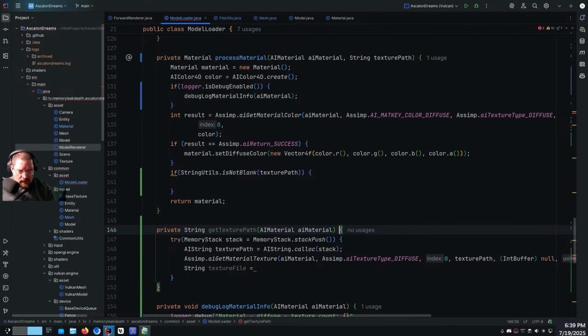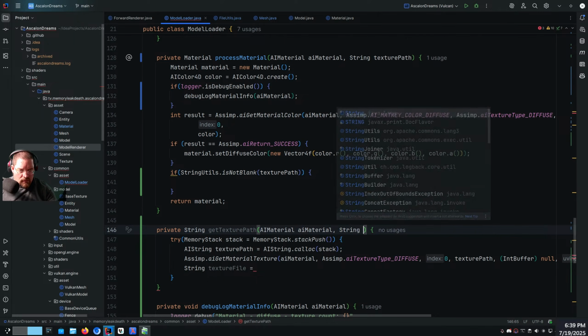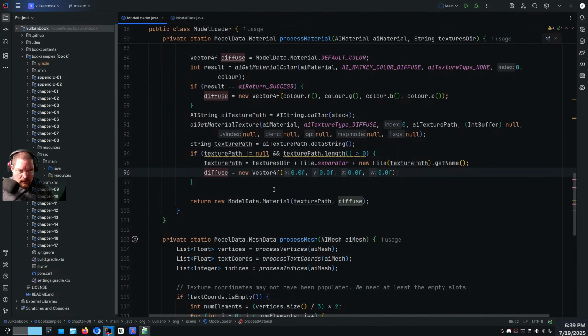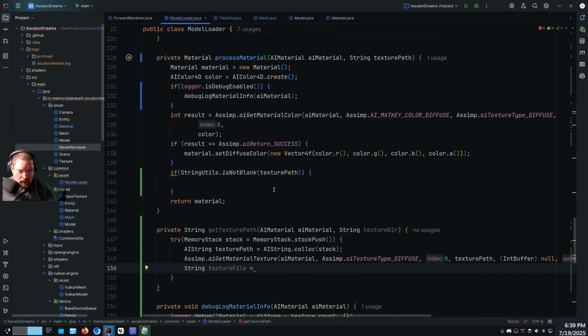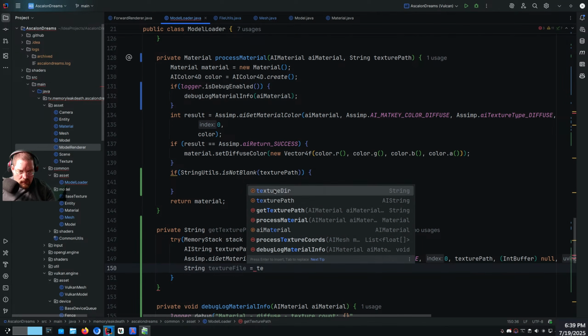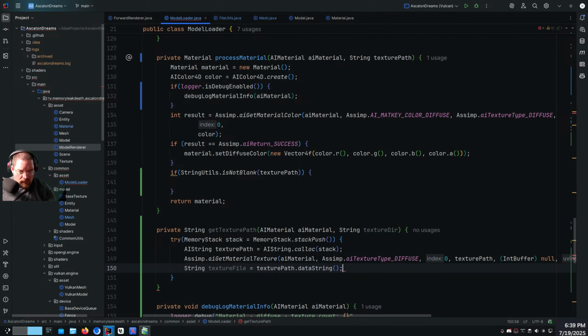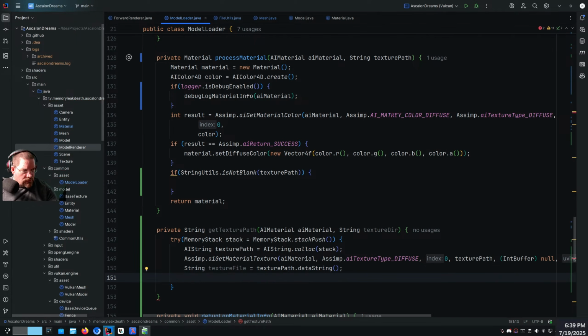So I need the directory, and then data string. Should have data string, and then